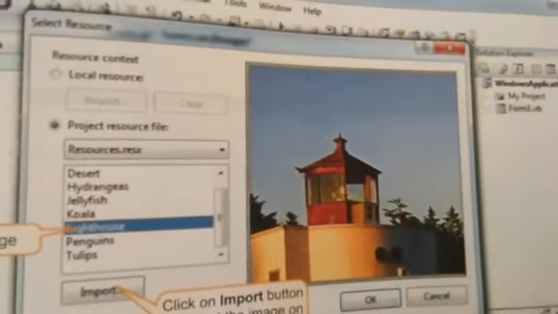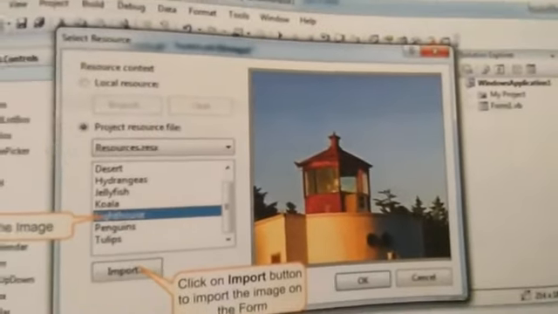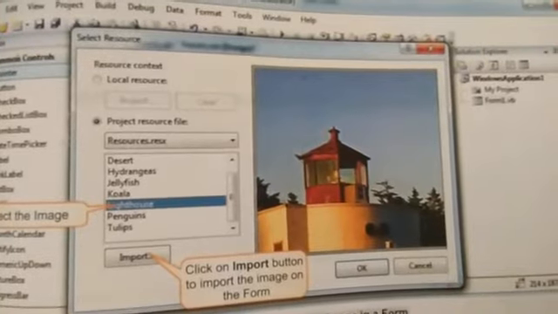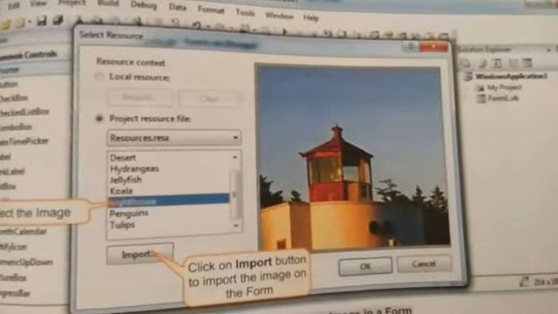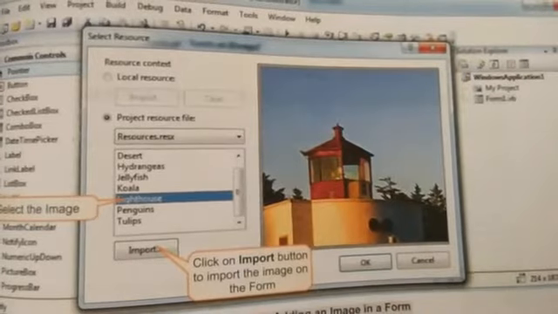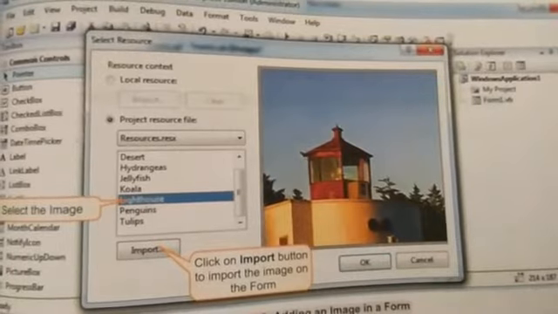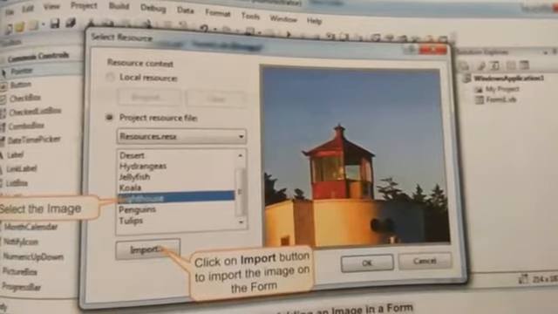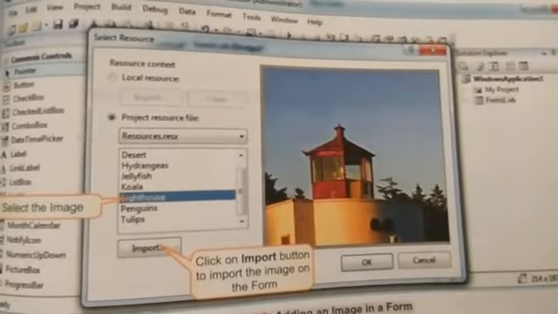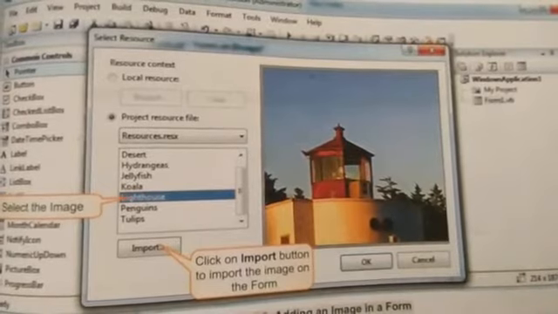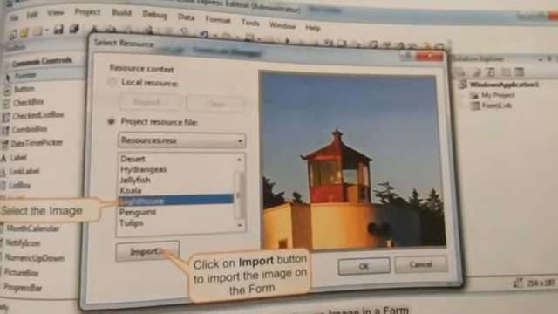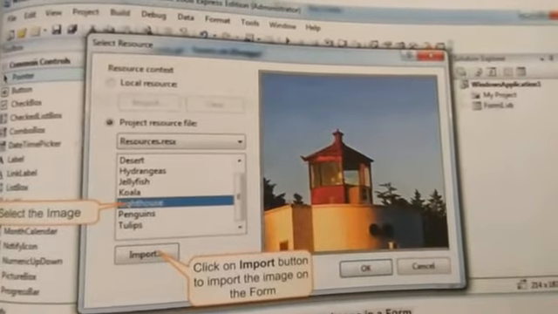So students, it is very simple to use. If you have Visual Basic software, first of all you have to select the picture box from your toolbox and drag it into your form. After that you have to click on the right corner of the picture box, and after selecting size mode, you can select resources also for selecting or displaying any kind of image. So you can import any image on this picture box, and after importing that, you can click on the OK button. You can see that particular picture will be displayed in your picture box.